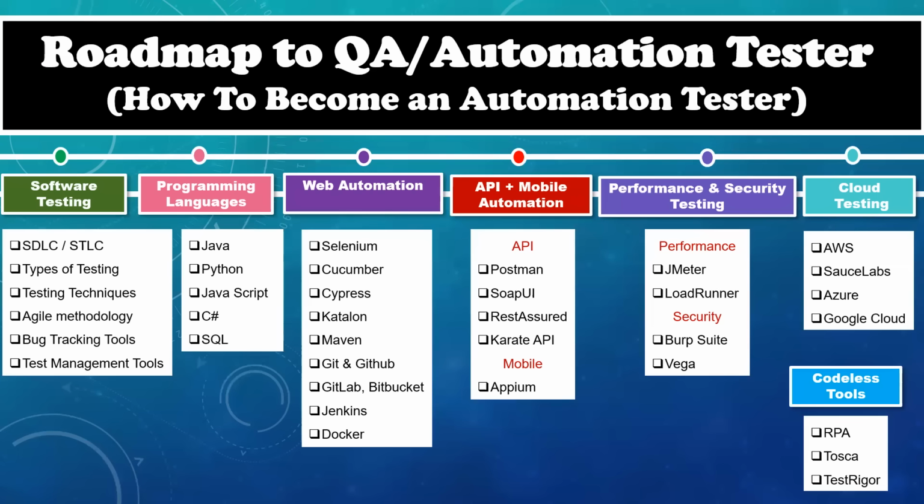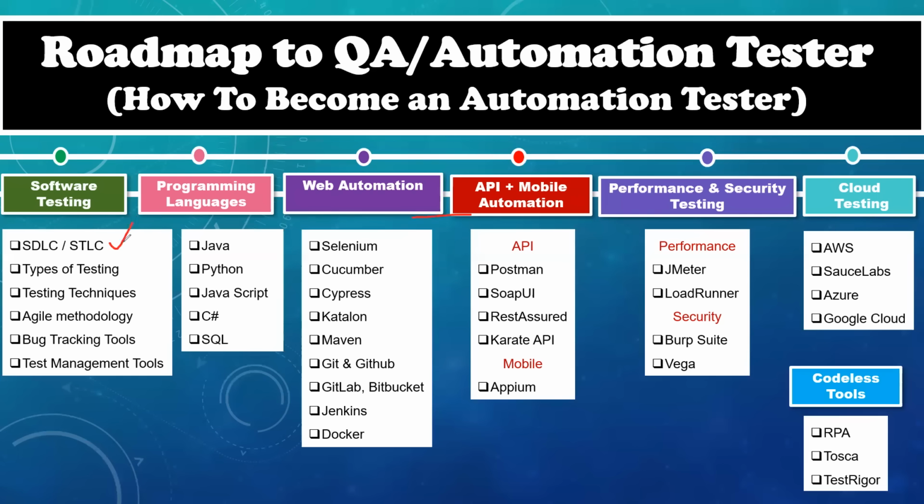At the same time, I will guide you. So what tools do we have to learn to become an automation tester? Okay. Suppose you want to become an automation tester. Initially, you should know the software testing basics, which is very, very important. Even if you are working in manual testing, you already know these concepts. But if you want to start a career in automation, you should learn some basic concepts from software testing, like